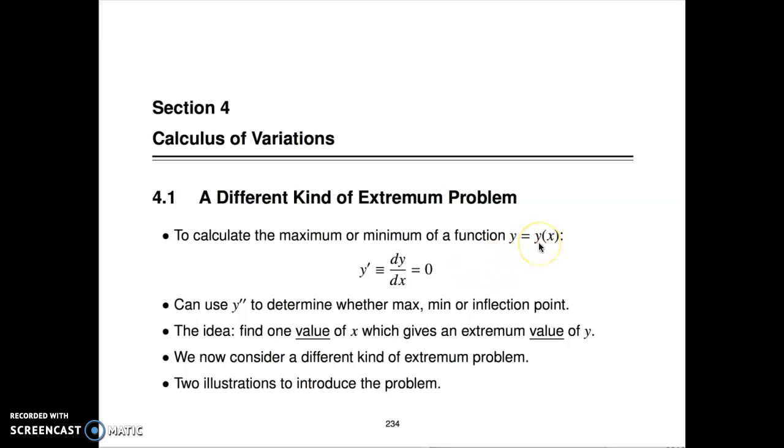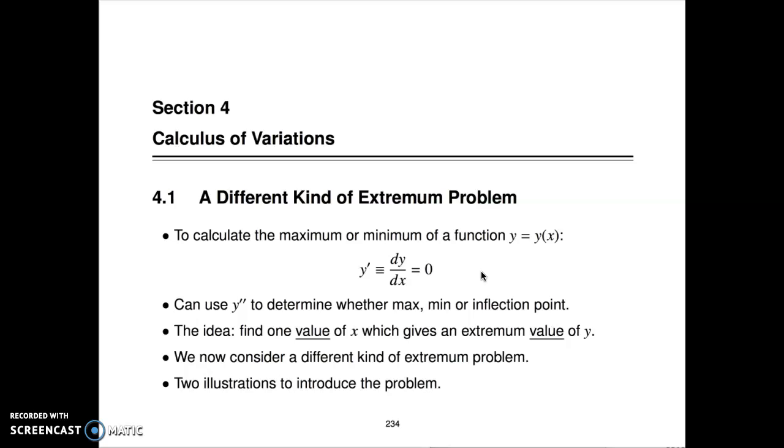Now, y is a function of x. y primed, the derivative, is also a function of x. So y primed equals 0 is a problem where you solve for x. You know what y prime looks like as a function of x. You set that equal to 0. You find a value of x, and that's the location of the minimum or maximum. And you can substitute that value of x back into y to determine the actual minimum or maximum value